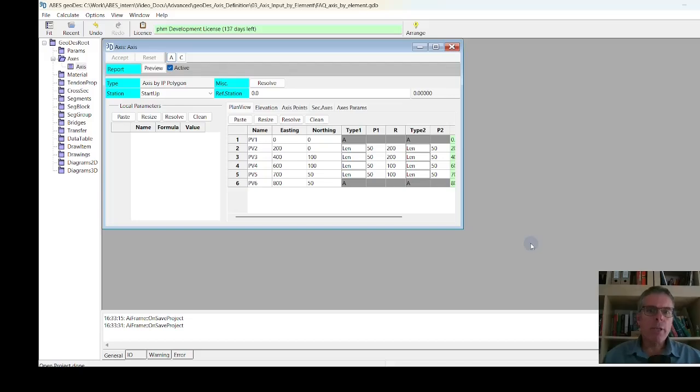So here is ABES geoDes, and on the screen here I have the input dialog for a road alignment and the plan view definition for IP polygon information, the points, easting and northing information, and rounding data over here on the right. If this is not available and instead we have the information about the individual axis elements, we can